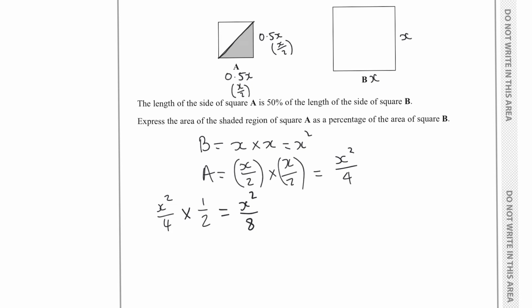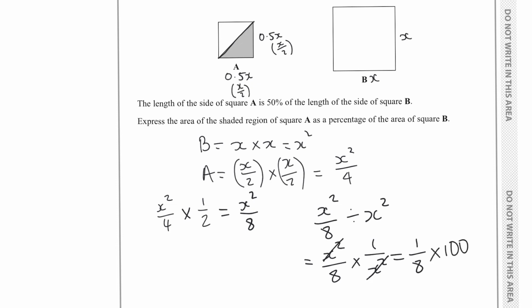And now to work out that as a percentage of B, we are going to do x squared over 8 divided by the area of B, which is x squared. Again, whenever you're dividing with fractions, it's the same as flipping it and multiplying. So that's x squared over 8 times 1 over x squared. The x squared's top and bottom cancel out, so we're left with 1 over 8. And remember, with percentages, we times by 100. So that'll be 100 divided by 8, which would leave you with an answer of